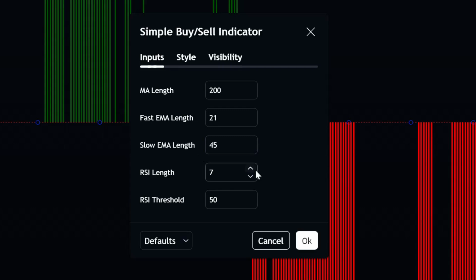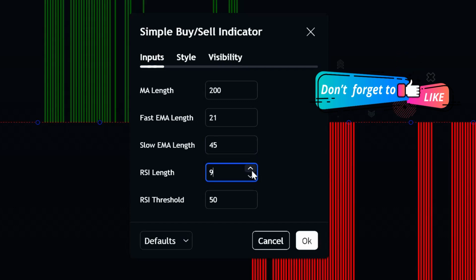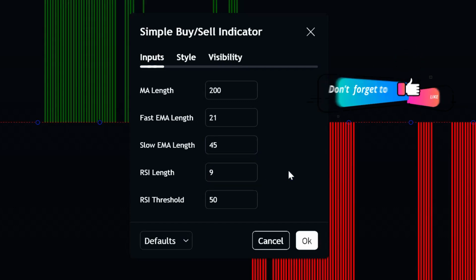The RSI, or the relative strength index, measures the speed and change of price movements. A shorter length like 9 makes the RSI more sensitive to recent price changes, which can help us spot potential buy and sell opportunities more quickly. Leave the RSI threshold at its default value, as this is typically set to levels that indicate overbought and oversold